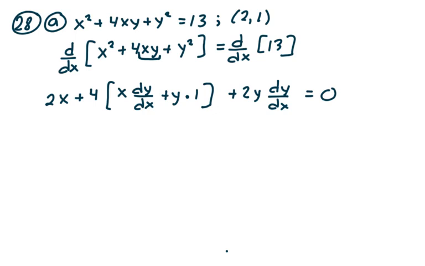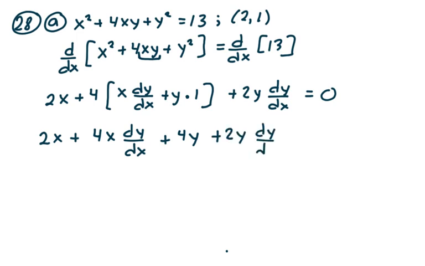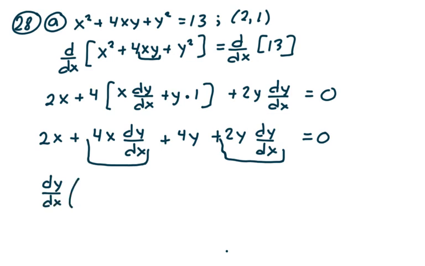Okay. So we're going to get 2x plus 4x dy/dx plus 4y, right? Plus 2y dy/dx equals 0. Now I want you to pay attention to the second term and the fourth term, and I'm going to factor out a dy/dx. And when I do that, I get 4x plus 2y in parentheses